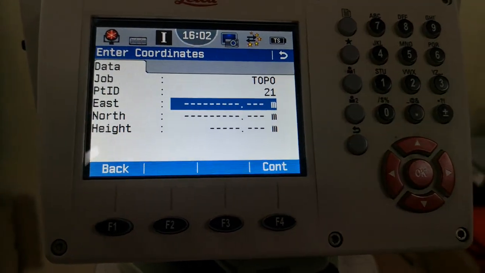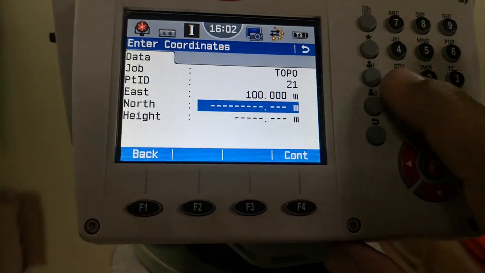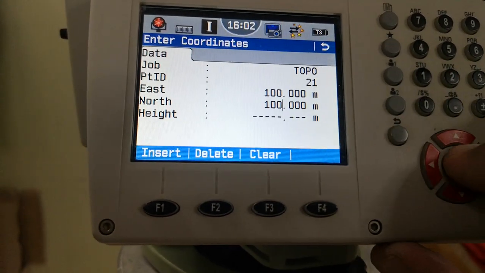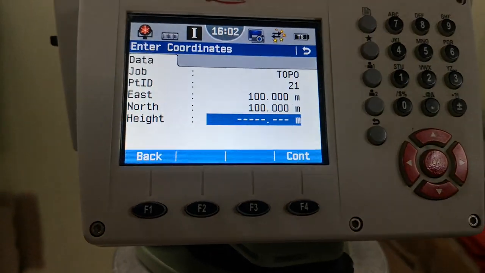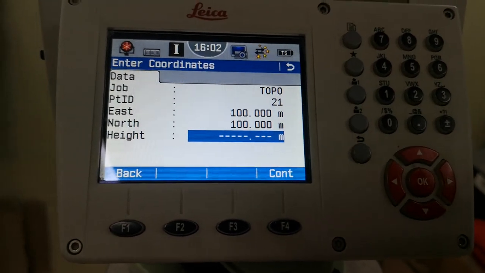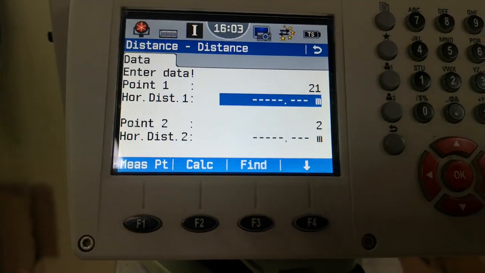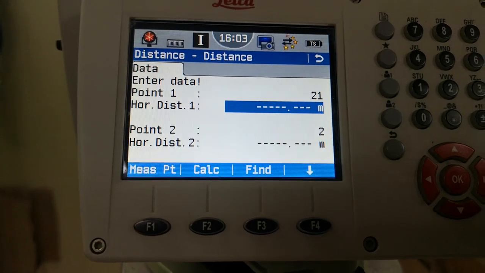So my first point value is 100. I'll press OK and then again 100, press OK. In this case I do not need to add any height because this is a horizontal distance, so I simply press F4 to continue. Here I added the point.